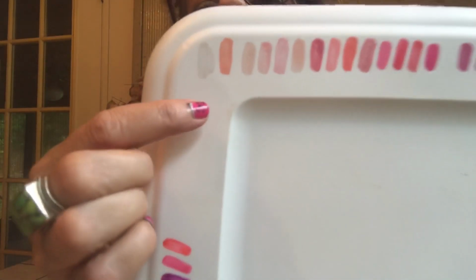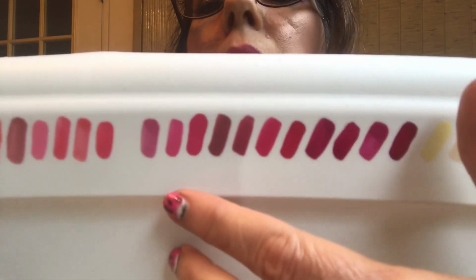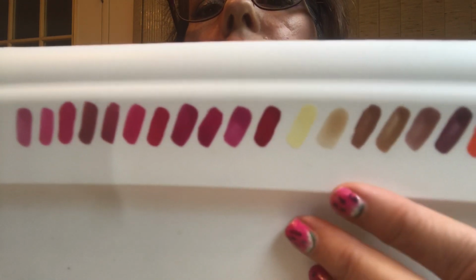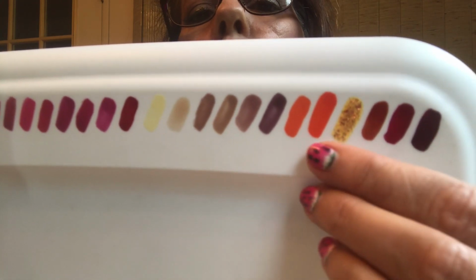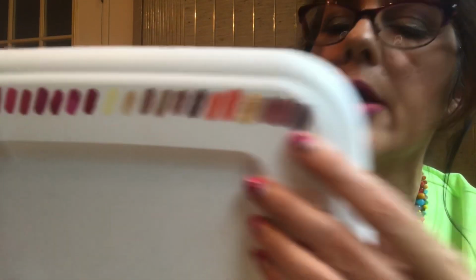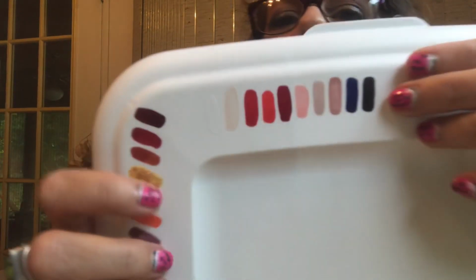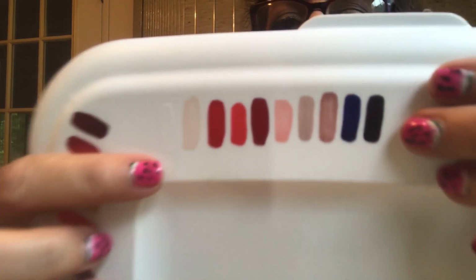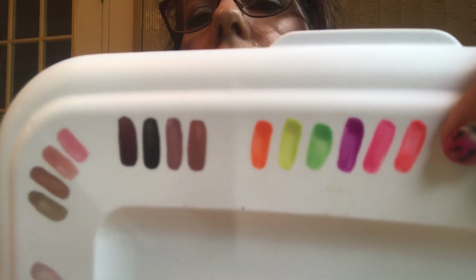Again, we started out with the light pinks, then we went into the deeper pinks, mauves and berries. Then we did, well, I don't think we did the yellows, and then the sandy colors, the oranges, and then the reds that I don't have any of. We did the, well, that's the one we just did, the 10-piece collection from 2018 Christmas, the little box set. Then we did the neon collection from 2014. Then we did the